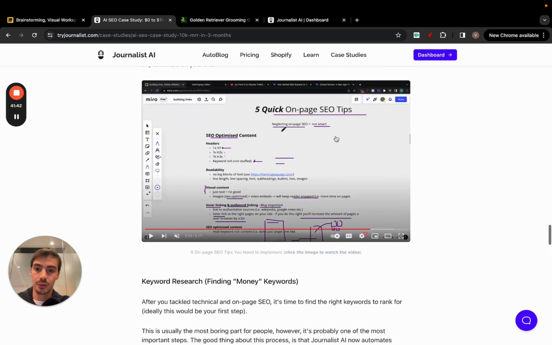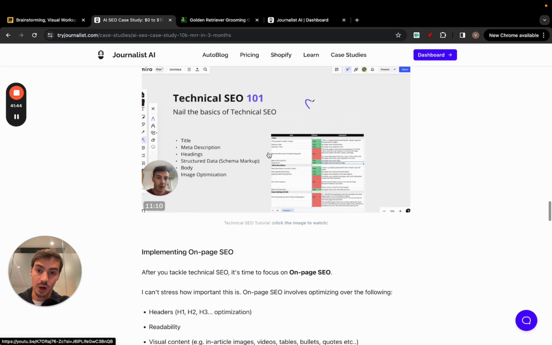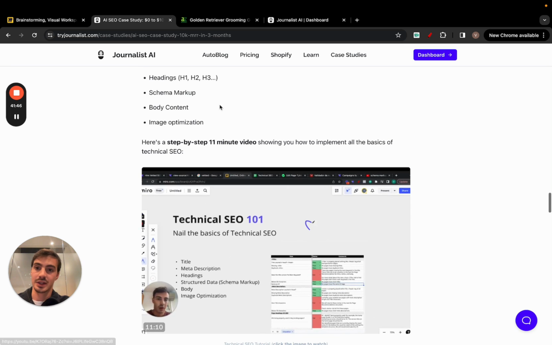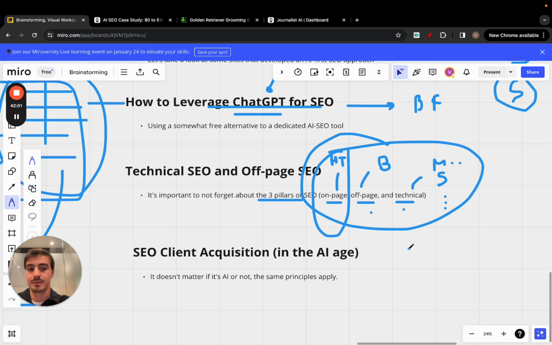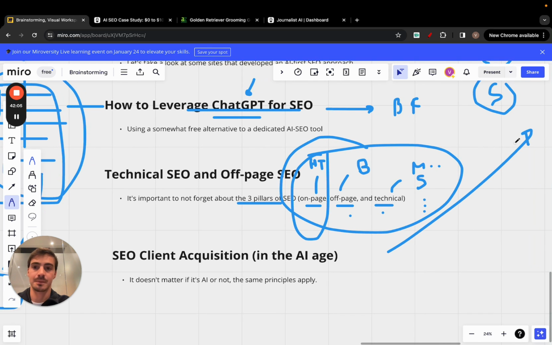But again, read through this because it's very, very important. Watch the video on technical SEO 101, because you cannot succeed with just one. You've got to do all three. Oftentimes people skip these, and I know I'm repeating myself, but it's super important. You've got to nail all three. Otherwise, it's quite pointless doing SEO, because the person or business that does all three is going to outrun you and be more successful than you every single time.